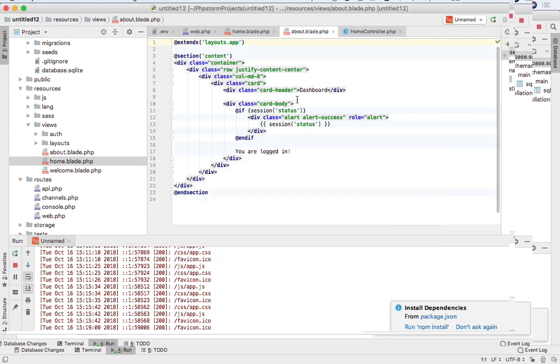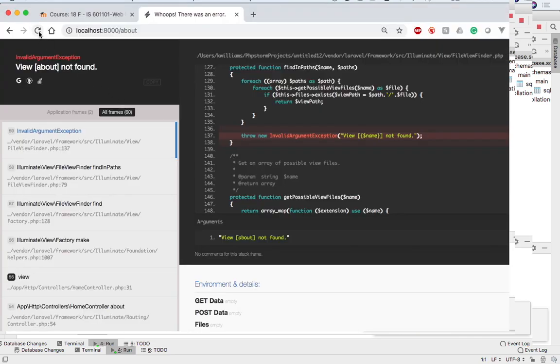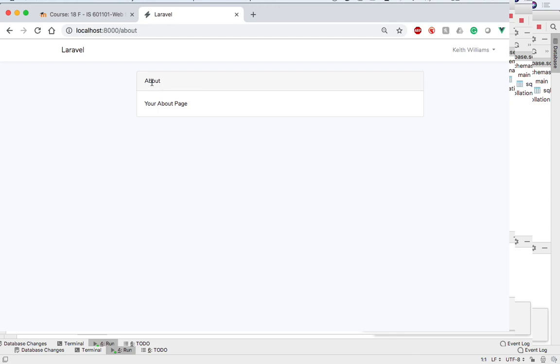And let's just call it, instead of dashboard, I'll call it about. See, about, your about page. Okay,